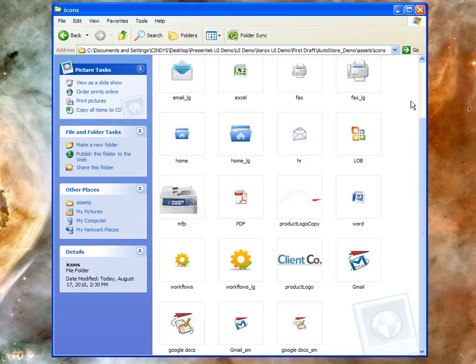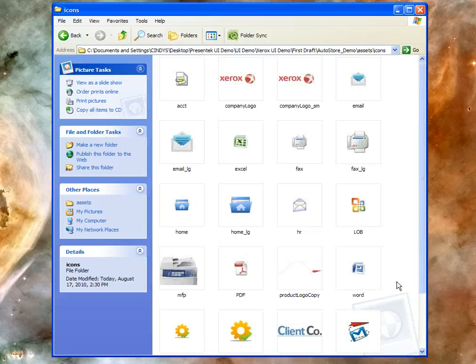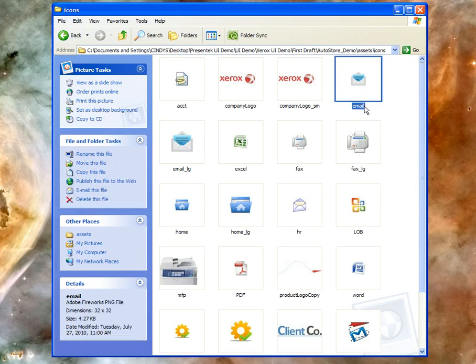Because the simulator will only display images with these existing file names, we're going to rename our Gmail and Google Docs images to Email and Home. This way, when the simulator tries to display the home icons or email icons, they'll show our Google Apps icons instead. So let's start off by changing all of these existing ones to Email Copy, Email Large Copy,